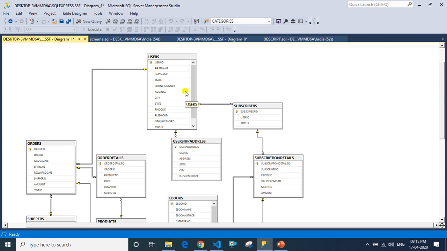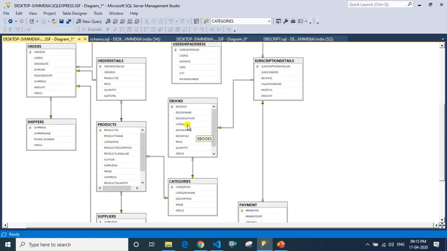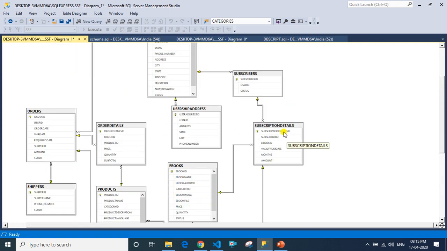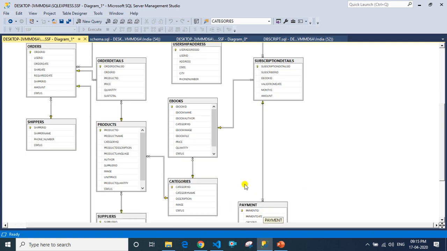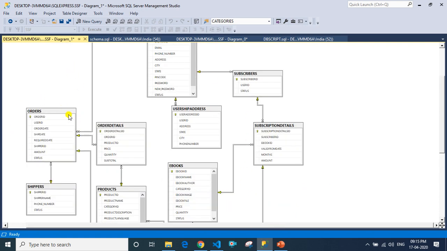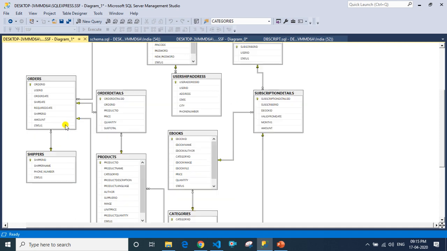Users will be subscribing to the ebooks, and there will be user address, user shipping address, and the user will do the payment, and the user will create the orders. After that, the particular order is assigned to the shippers.